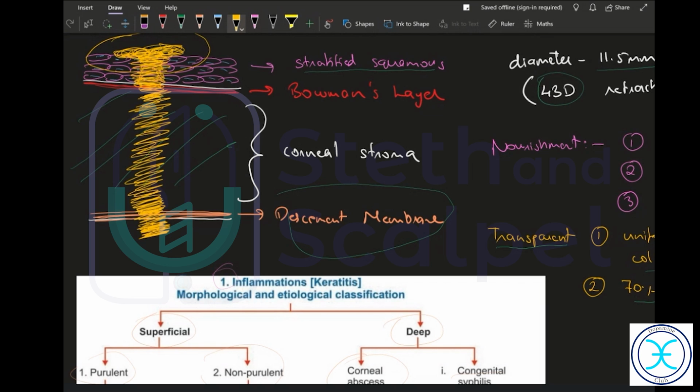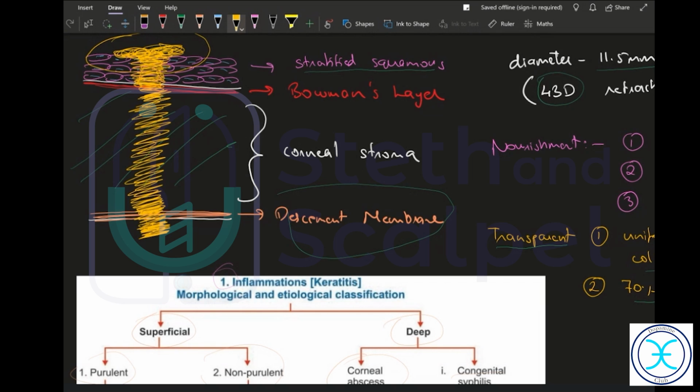Okay, at least why do you do it? Why do you want to measure the corneal curvature? There are a few conditions where curvature is increased, like keratoconus and keratoglobus. And there is decreased curvature in cornea plana. So all of those conditions you need to rule out by using keratometry.